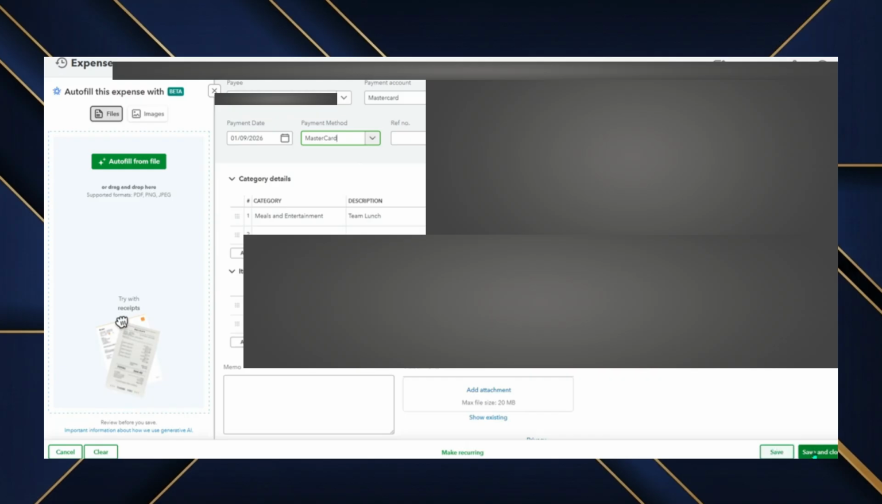Before saving, do a quick check of payee, card account, date, category, and total, then click Save. If your card is connected to bank feeds, you can later match the imported charge to this entry to prevent